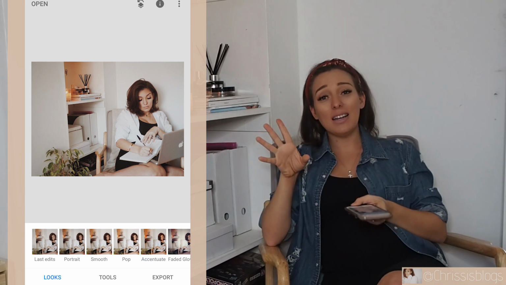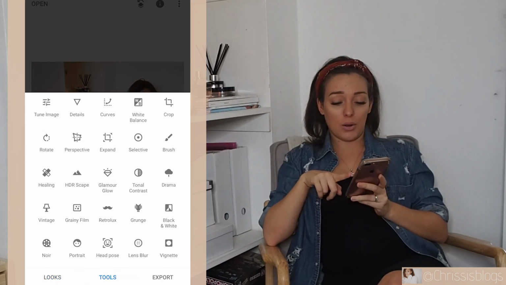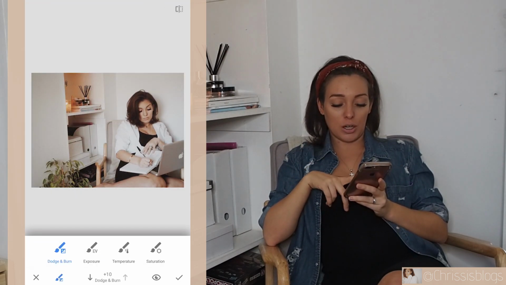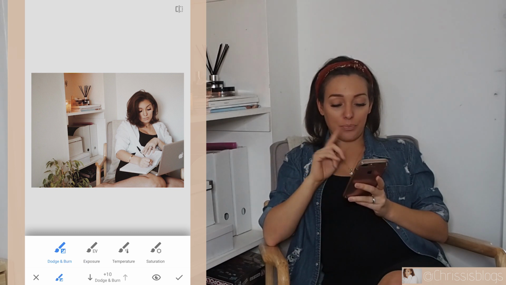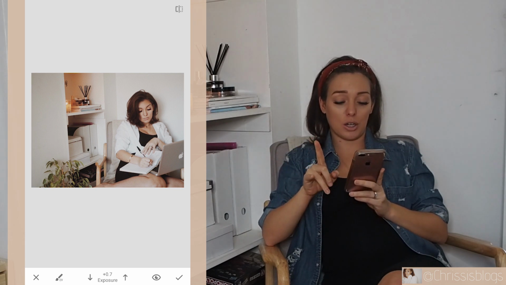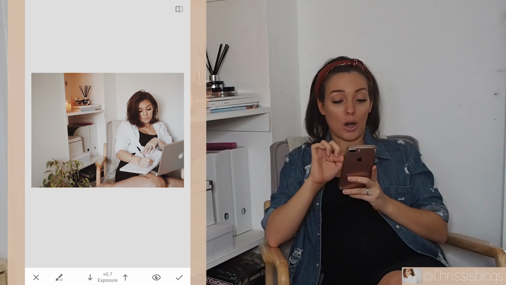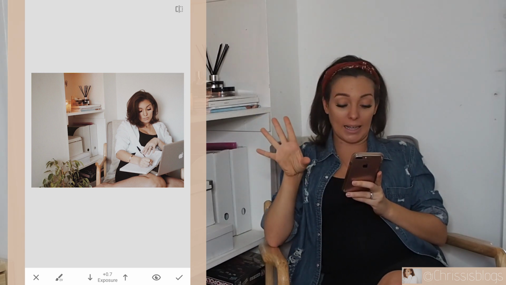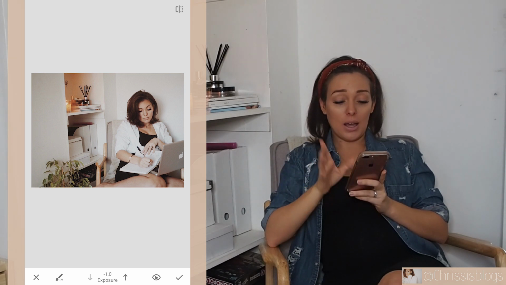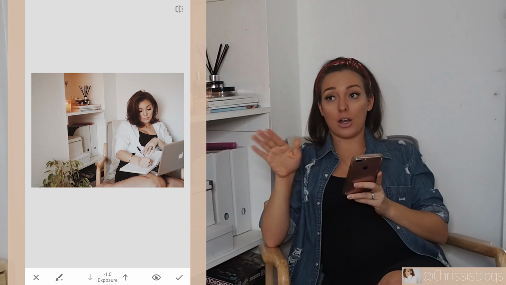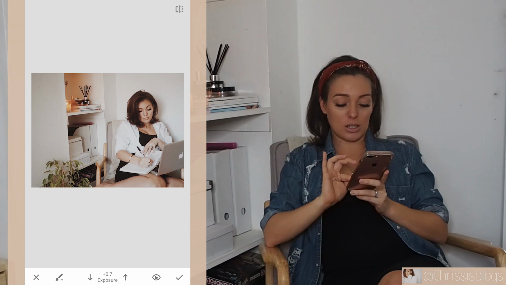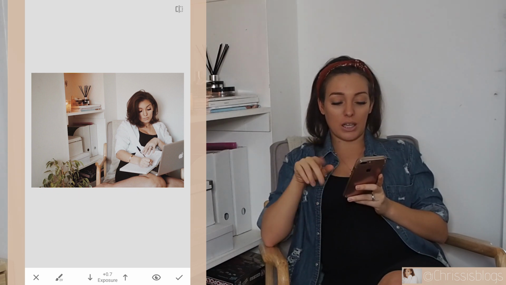I really just use Snapseed for one tool. That is the brush tool. So I press brush, and you've got dodge and burn, exposure, temperature and saturation. Most of the time it's saturation and exposure I use. So if I wanted to use the exposure, let's say that this corner with the diffuser is a bit too dark for my liking, then I will go up or down on the exposure scale. Down just means I'll make that particular area not so exposed, and up will make it a little bit brighter. So I'm going to go, let's just say 0.7, like so, that's the middle of the exposure range,